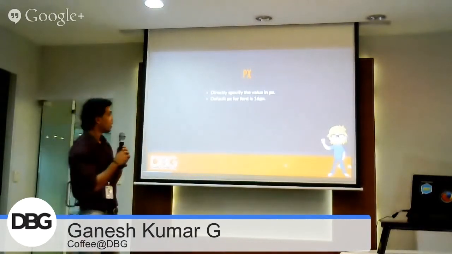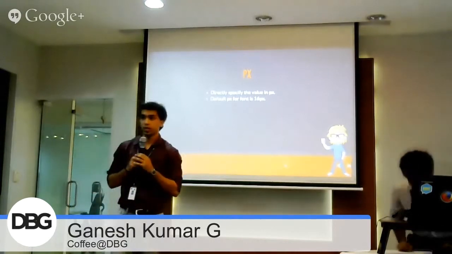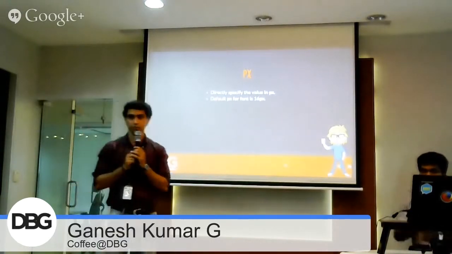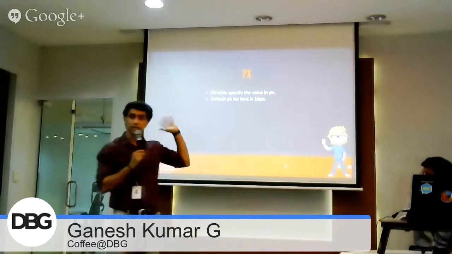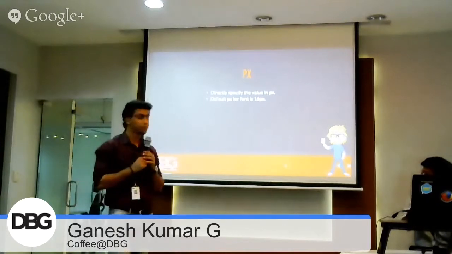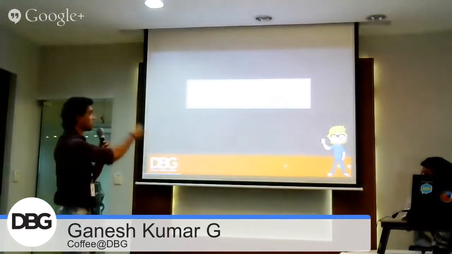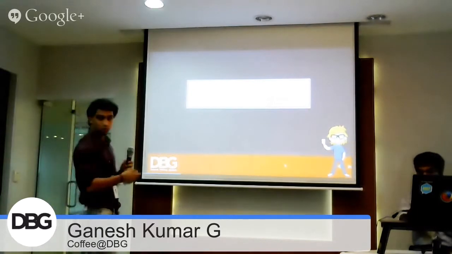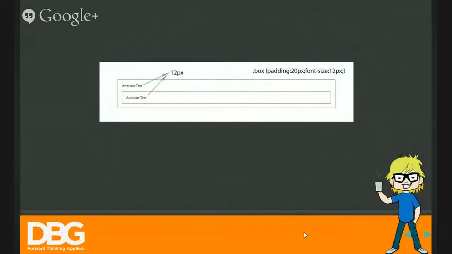And the default pixel size for font in a browser is 16 pixel. We can change the size if needed. We can change the base font size to 12, 10, or whatever. This is a nesting of pixel unit. All the browsers, yeah. But we can change the settings of the browser. If we set font size 10 for HTML or body, it will be the base font size. Nesting of pixel is here.